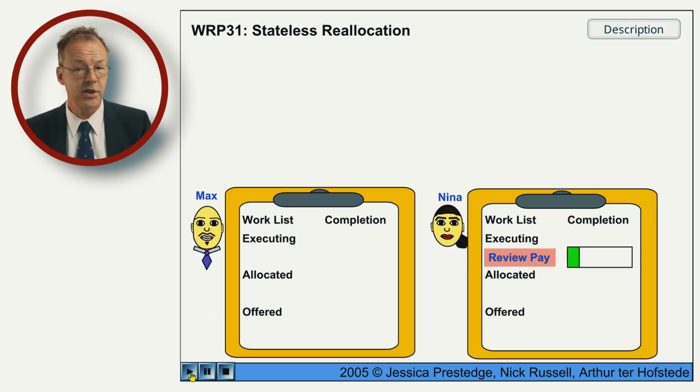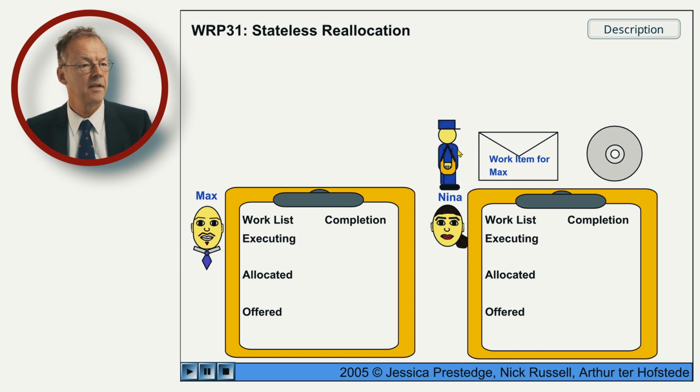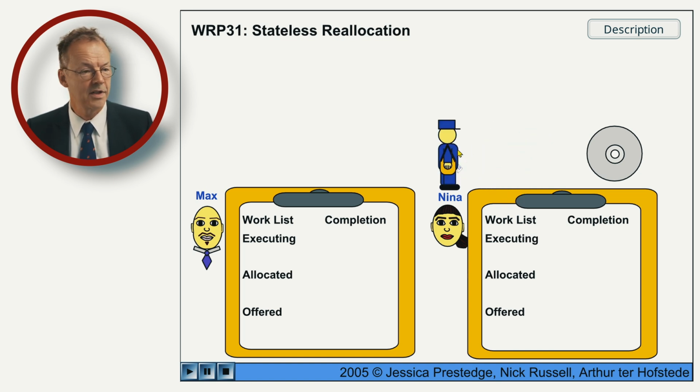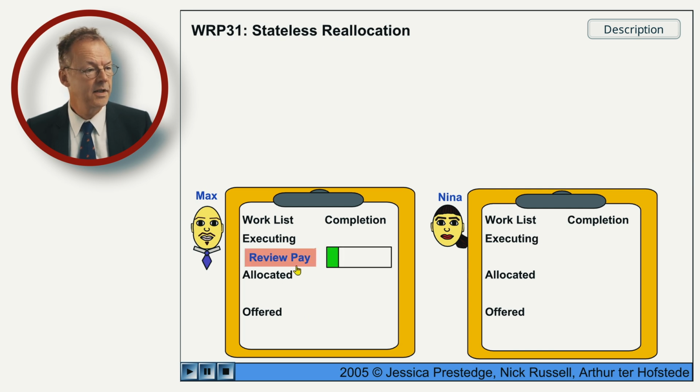We start the flash animation and Nina does part of the review pay work item, and then Nina cannot complete the review pay work item and wishes to give it to Max to complete. And then this work item is now given to Max. And he restarts it from the beginning, so the state is not saved, and he executes the work item and